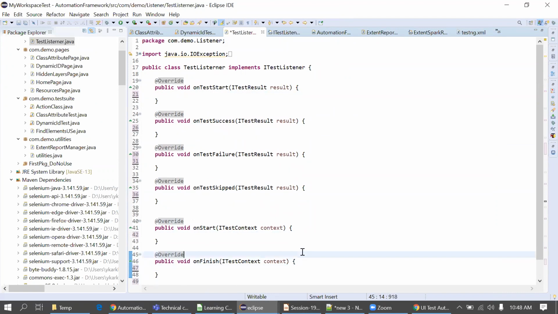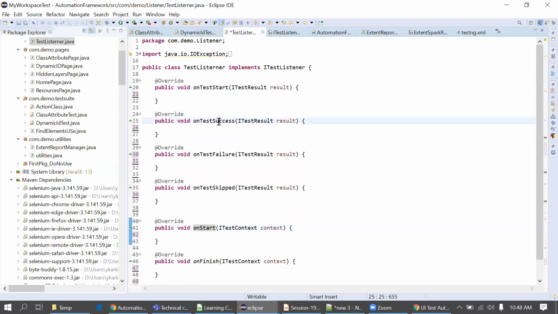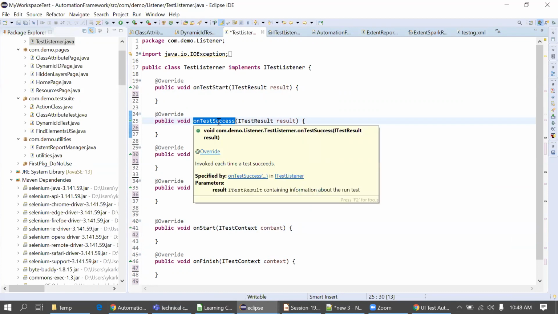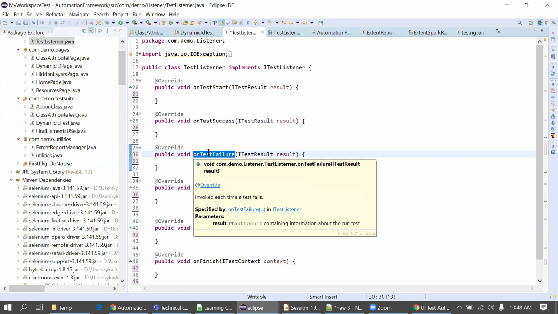Now see, we want to generate the report. First, on start, when the execution has just started, we should initialize the object for generating the report. When our test case succeeds, we should print that the test case passed. When the test case fails, we should print that it failed, plus take a screenshot. We know that, right?